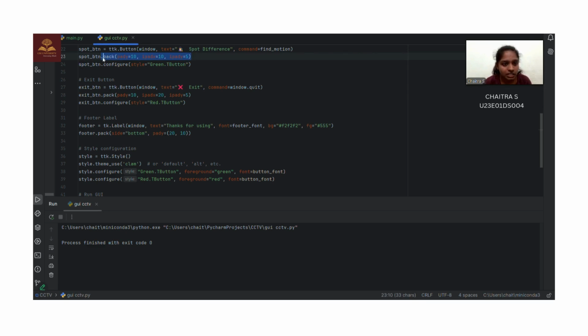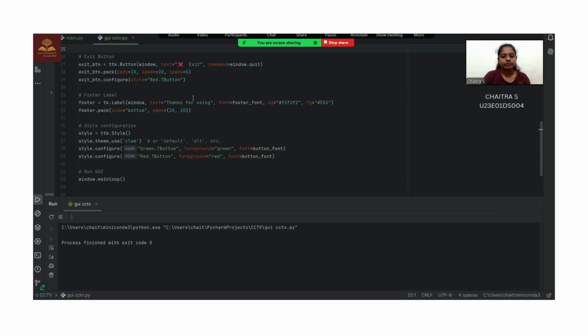Then configure style is green button. It configures the style green button. This spot_btn.configure applies the custom style, but you should define the style elsewhere if you want to see it. Okay, then the exit button.